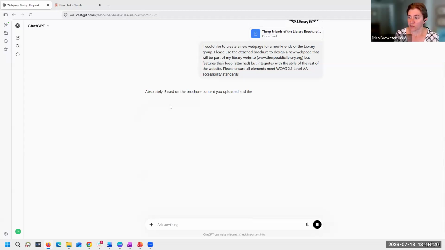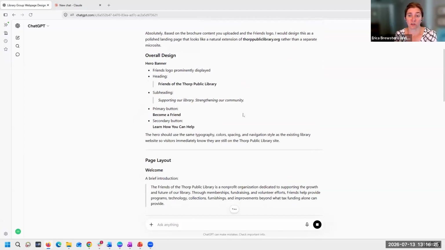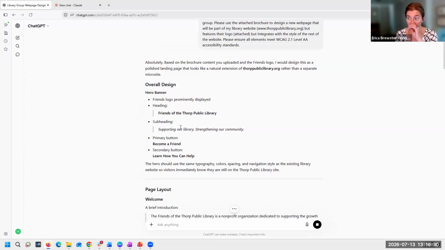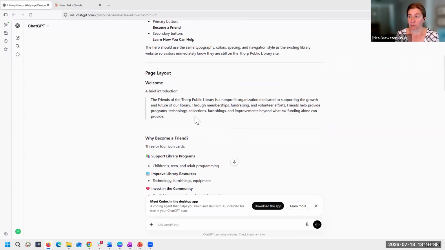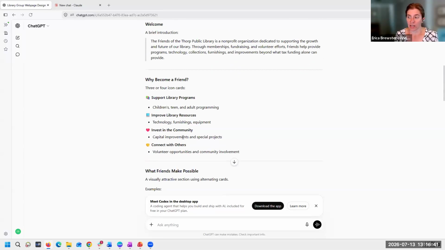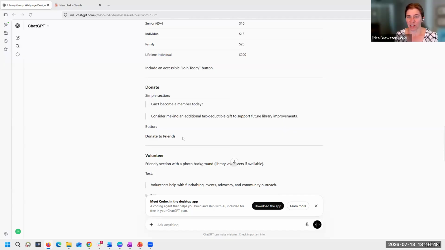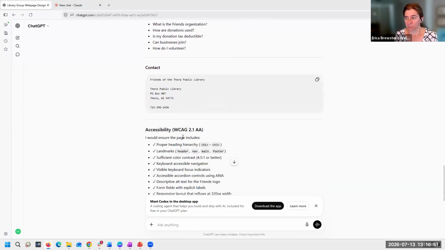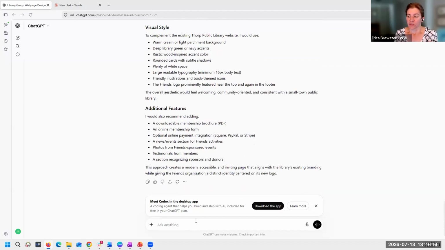And it's going to look at it, it's going to read the documents. And now, as I said, ChatGPT really wants to just output text to begin with. And so it's going to tell you how to organize the page. And it's going to give you the overall design with a hero banner, friends logo, the title, become a friend, the page layout, and all the different things. It's basically just pulling the content from the brochure. And to some degree, you're like, yeah, I could read that. I've got the brochure. Thanks. And then it checks the accessibility. This is where